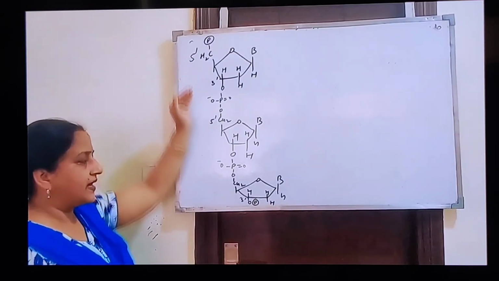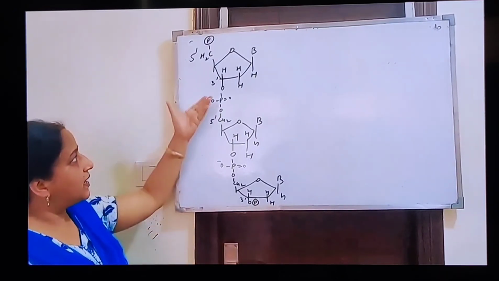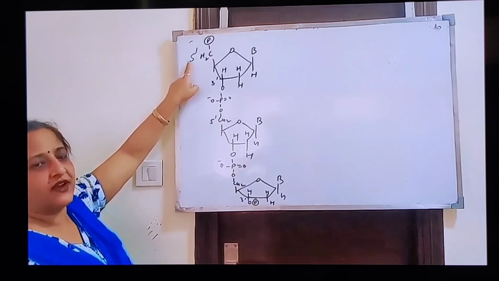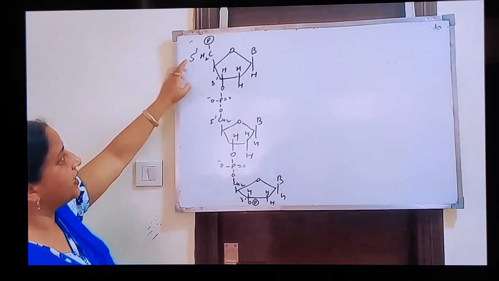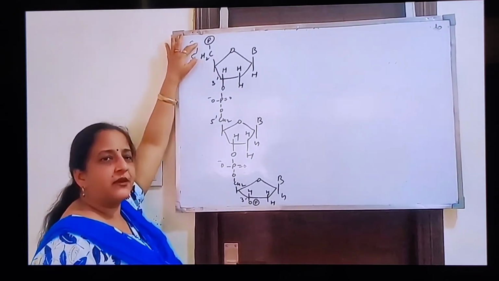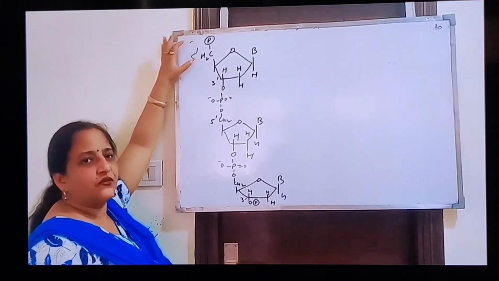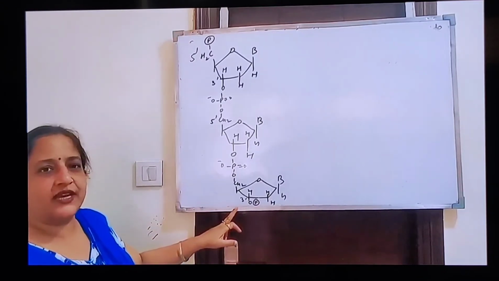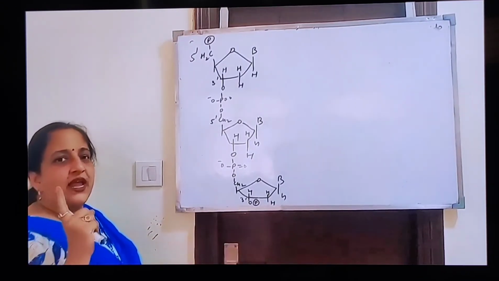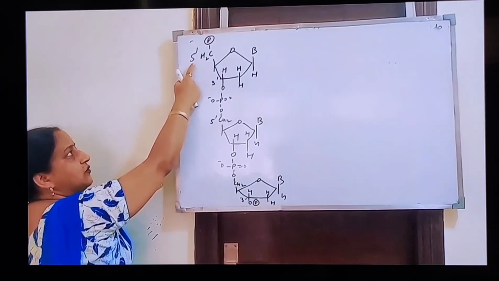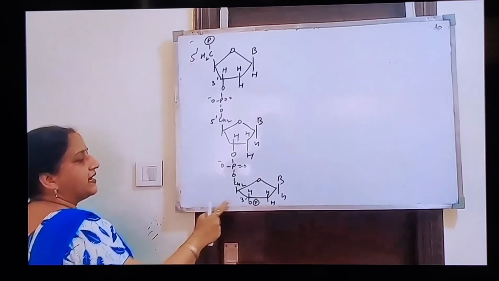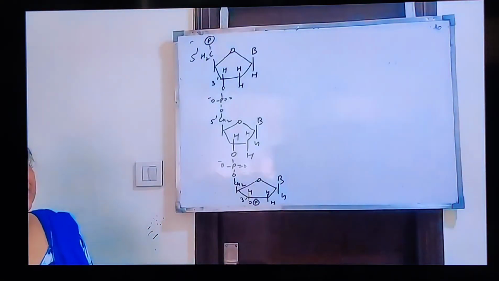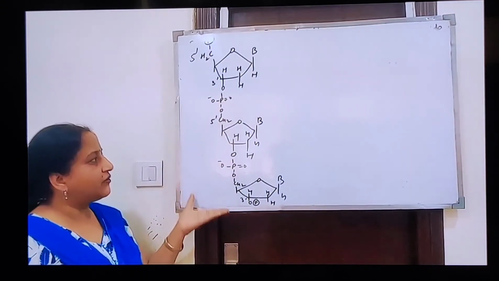You can join many nucleotides in this way. In a polynucleotide chain, if at one end the 5' carbon is free, see here 5' carbon is free, only phosphate and no other nucleotide is attached, so we will consider this 5' carbon as free. Then automatically at the other end the 3' carbon will be free. The end at which 5' carbon is free is known as the 5' end, and the end at which 3' carbon is free is known as the 3' end. So this is a polynucleotide chain.